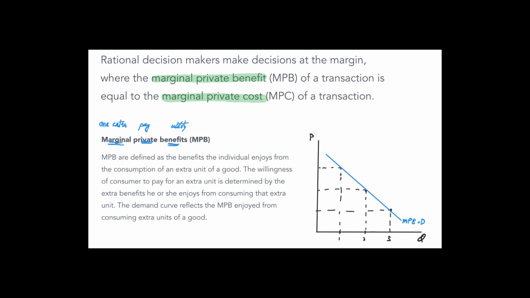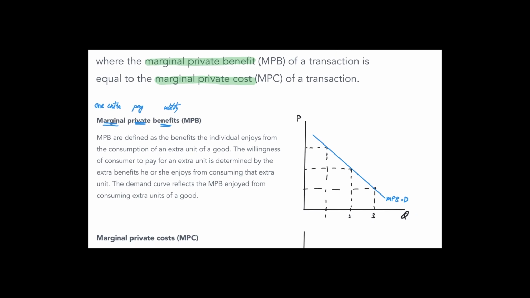So that's what marginal private benefit is. For example, if I go on a highway and I have to pay a toll and then I use the highway and reach Hyderabad quickly, as compared to taking a national highway where I don't have to pay anything but it takes me longer. So if I'm taking the super highway and reaching Hyderabad quickly, I'm paying a price. That's my marginal private benefit for the time I'm going to save. You understand that? That's what the private benefit is. In other words, it's actually the demand curve.